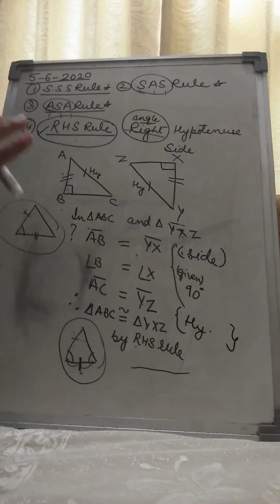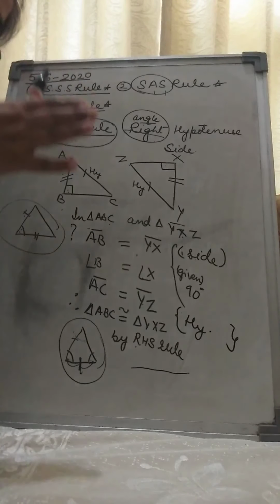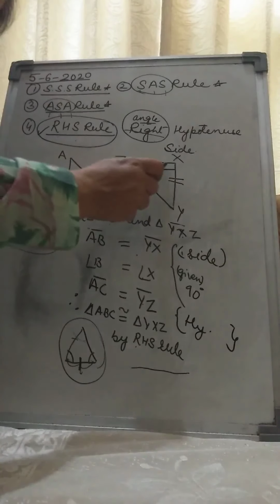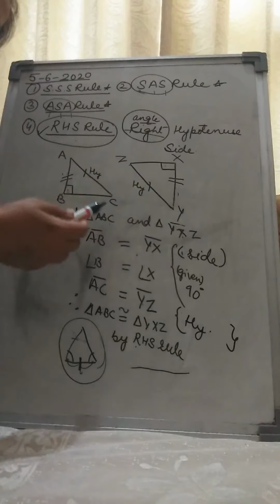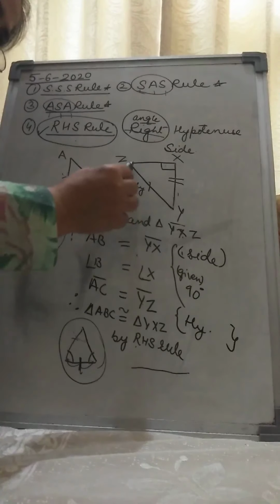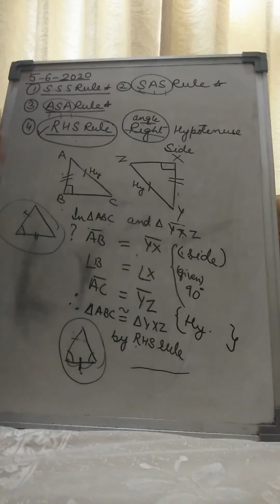This is all about your chapter 7. Only the 4 rules and how you should find out which part corresponds to the other. And in this manner you are going to prove that 2 triangles or 3 triangles, generally we give 2 triangles, are congruent. Congruent means when you keep one triangle on the other, the 90 degree angle will come on 90, then this side will come on this, and hypotenuse will overlap hypotenuse, and then you are able to see only one triangle. Is that clear to everyone?